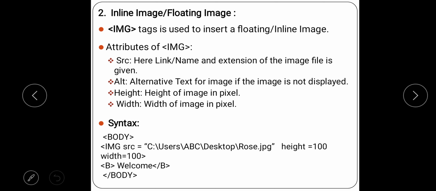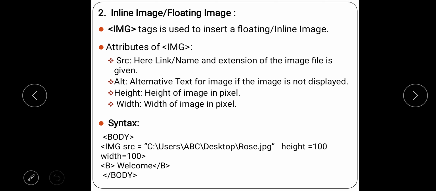So in the src attribute, the value will be either the link or the path of the file or the name of the file with extension. So you can choose whatever way is easy for you. I prefer by simply giving the name. Before that I'll copy paste that image into my folder, so my task becomes easy, right?